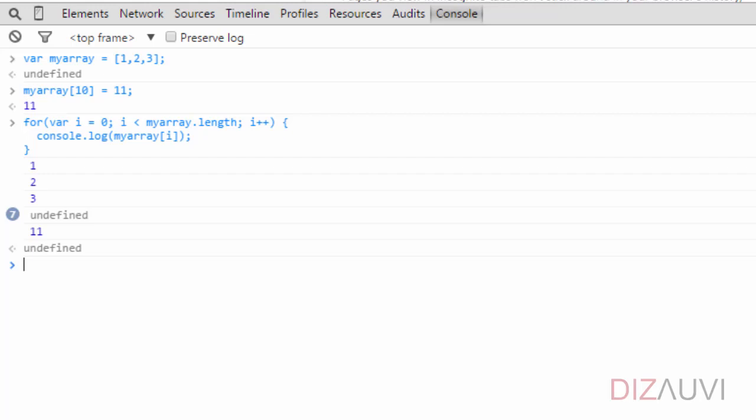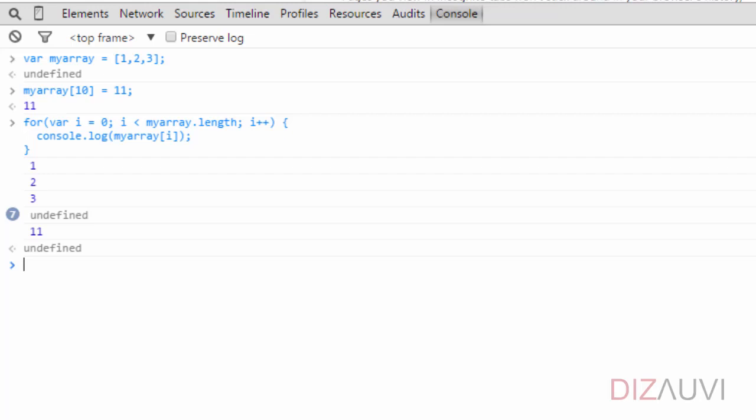Okay. There is another interesting way to access each element, and that is by using the for in loop. If you recall, we have talked about this loop in the section on how to access each property value in an object. And because arrays are objects, we can use the for in loop to access each element.